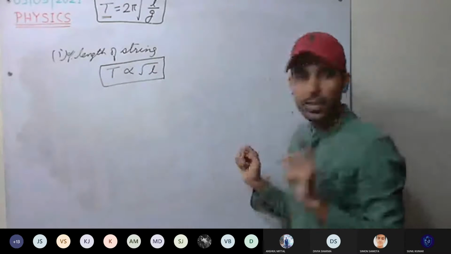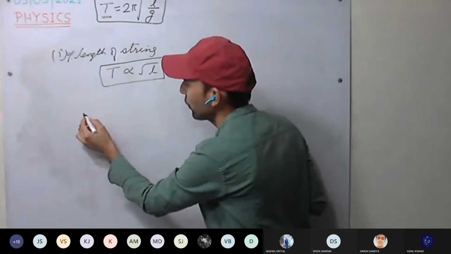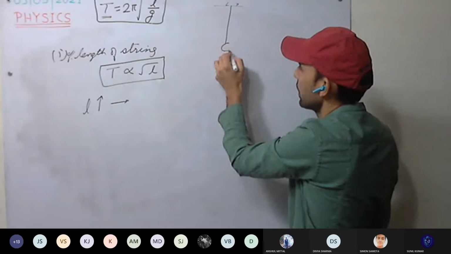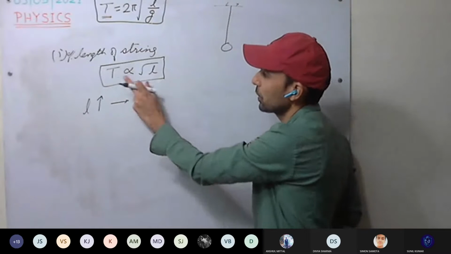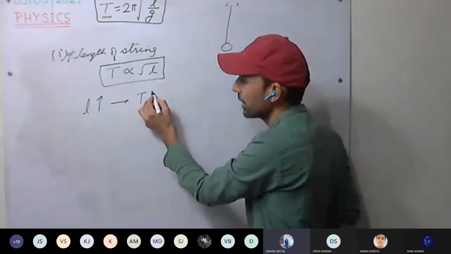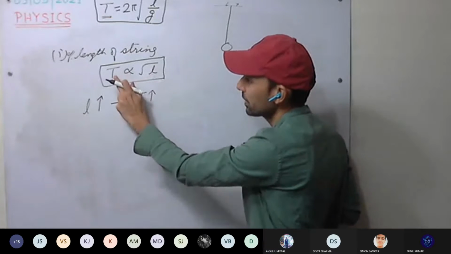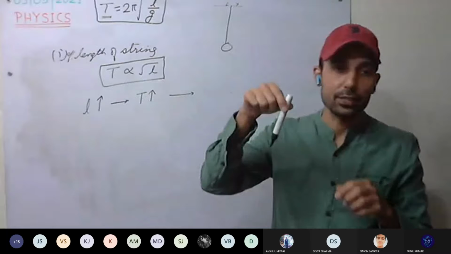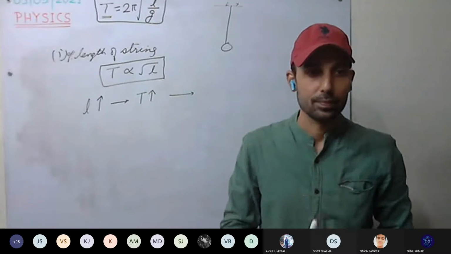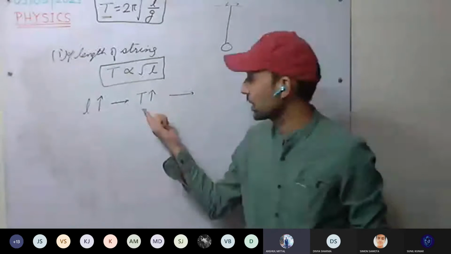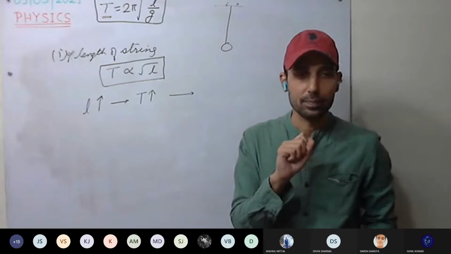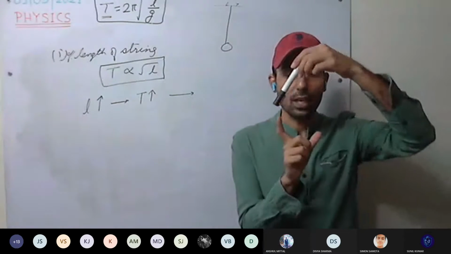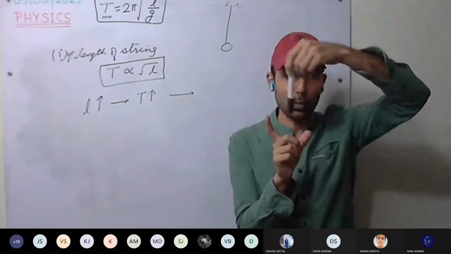Yes, sir. Okay. Now see here, we are taking two things. If the length of the pendulum increases, what will happen to the time period? From the equation, tell. It will also increase. If the length of the pendulum increases, the time period also increases. So as the time period of the pendulum increases, what will happen to the clock? Will it make more oscillations or fewer oscillations in the given time? See it again. Now the time period has increased. That means it will take more time to complete one oscillation.